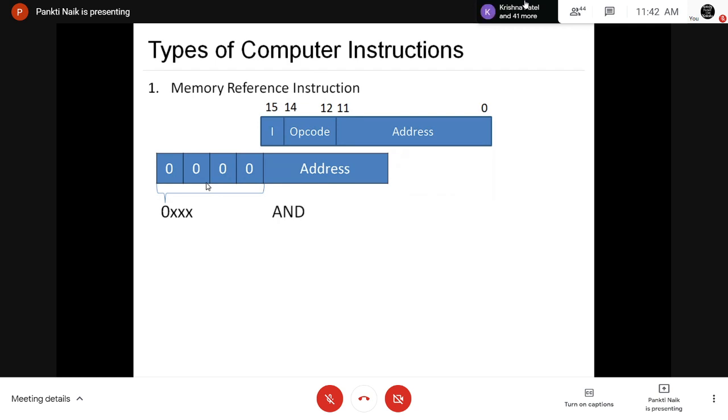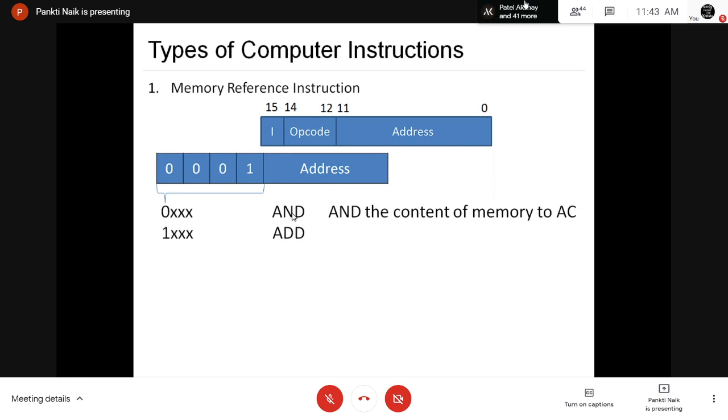So if the value of bits 12, 13, 14 is 000, then it is the AND memory instruction, which ANDs the memory word with the accumulator, the content of the memory to the accumulator.